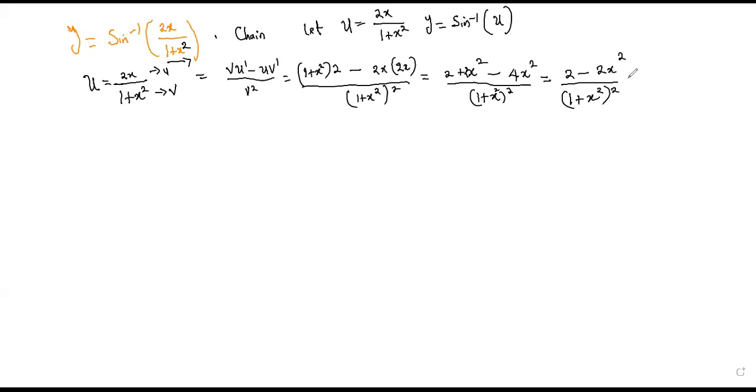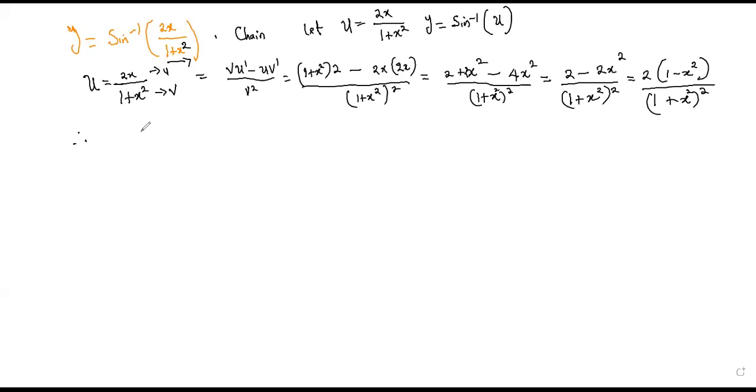Can we go further here? We can put 2 outside. So we have 1 minus x squared, right? We can push this a little bit further, then 1 plus x, but this guy will just be squared. I don't think we can reduce this thing any further. So therefore,